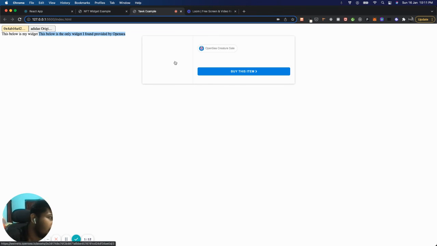And this is the widget that OpenSea provides. So this is a very basic one, but here we can actually customize and add as much information as we want, and ideally we can put this anywhere: a storefront, our newsletter, our own website, and so on. So that's that. That's my project.